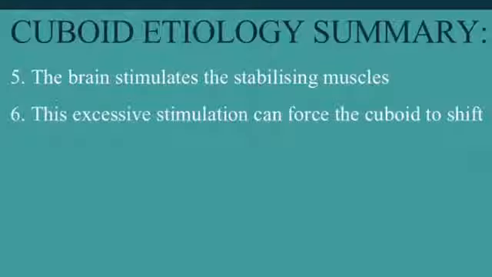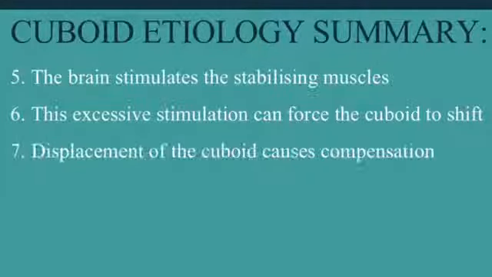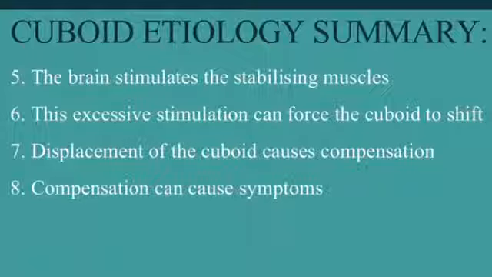6, this excessive stimulation can force the cuboid to shift or displace from its optimum position. 7, displacement of the cuboid causes compensation of the associated periarticular structures. 8, this compensation can cause symptoms or pains of the musculoskeletal structures associated with the cuboid. And that, dear viewer, sums up the most common biomechanical etiology of cuboid pains that I've seen in over 30 years of clinical practice. This biomechanical understanding of the etiology of cuboid-related conditions is an essential concept to grasp because